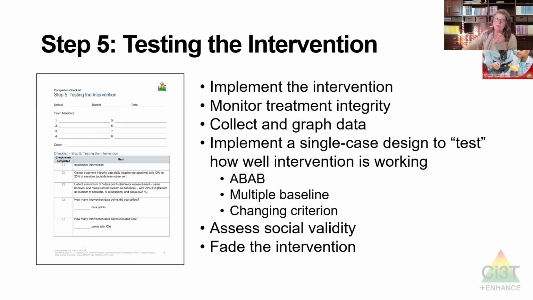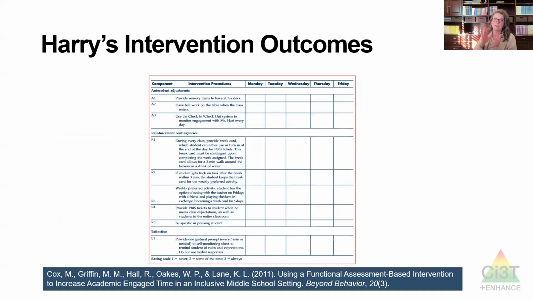But if it is something that the child has learned and it's a new skill, we will not be able to completely withdraw that. So we might have to do something like a changing criterion design. But the point is, there has to be some test. Doing baseline and the intervention is not enough.